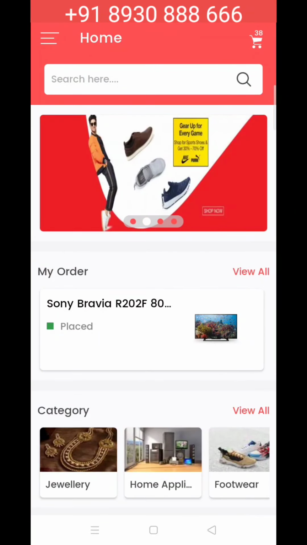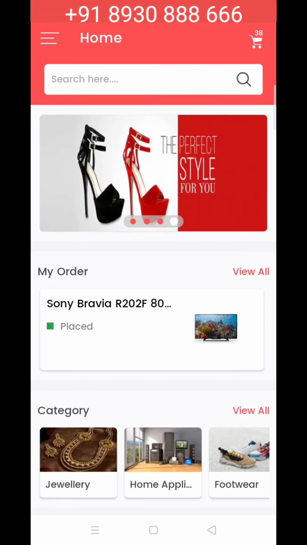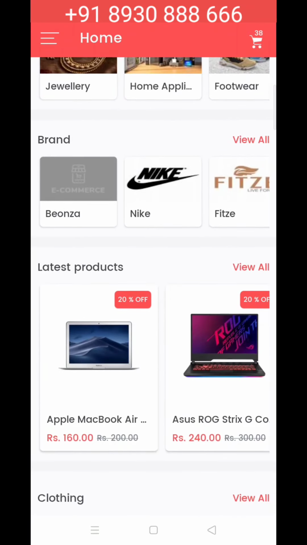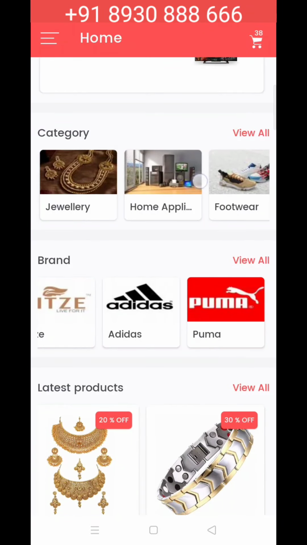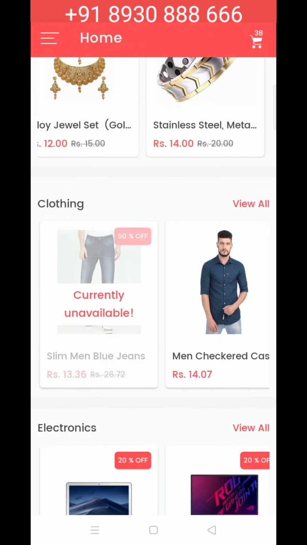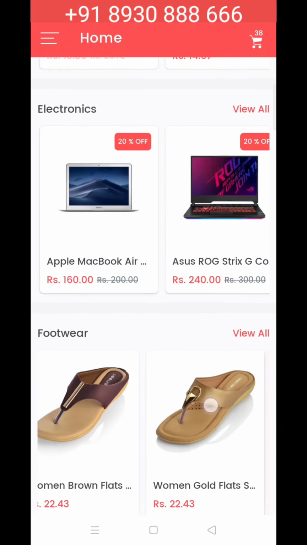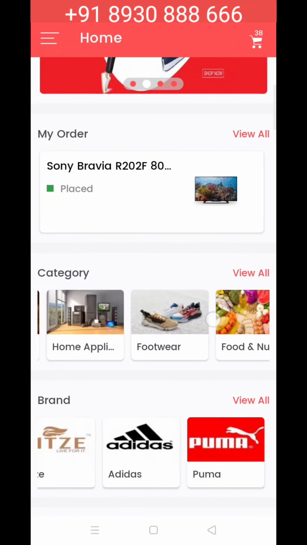Galaxy eMind, one of the leading website designing and mobile application development companies based in Delhi, provides all types of web services and mobile application services as well. So, if you are looking for an e-commerce mobile application, then we are presenting one today in this video. It's an e-commerce mobile application developed in Android. If you are looking to develop a mobile application like this, you can contact us on the number that is given on the screen.